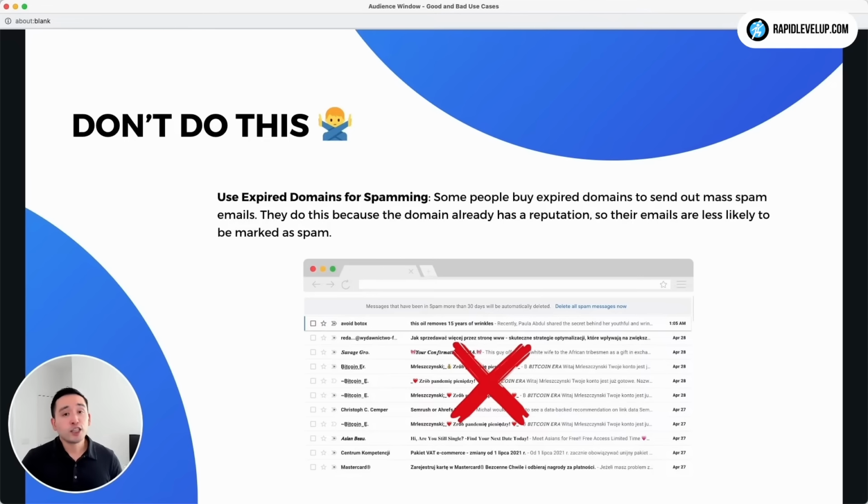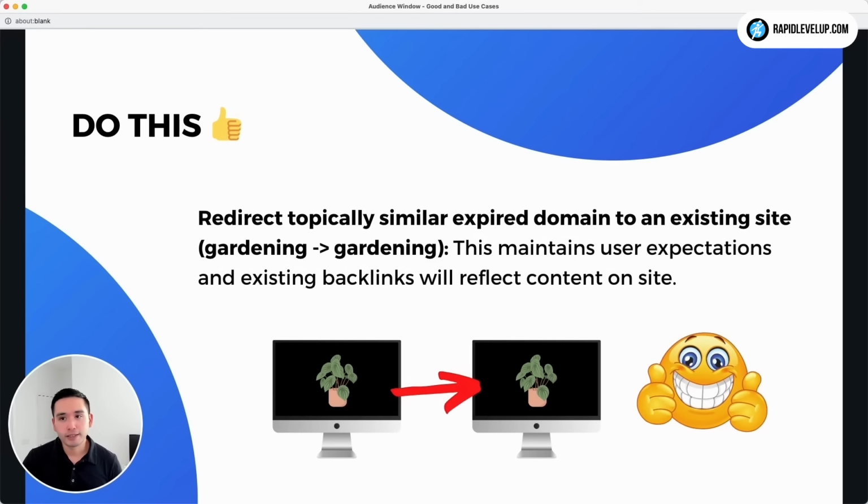Now let's talk about what you should do with expired domains. You should redirect topically similar expired content to an existing site. So if you've purchased an expired domain all about gardening, you should redirect that to a gardening website. This will maintain user expectations, and those existing backlinks from that expired domain will reflect content on that new